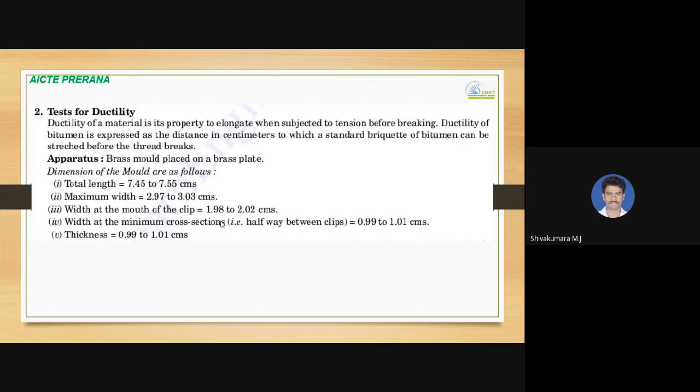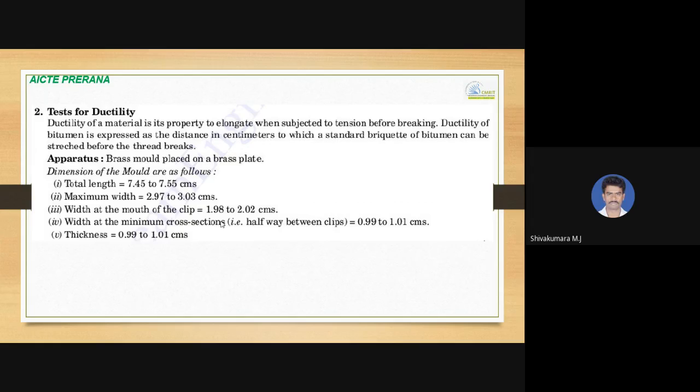Next test, it is ductility. Another desirable property we expect from bitumen is ductility. This is the property which allows it to extend without breaking or forming any crack. Without ductility, if bitumen does not possess a ductility value, then there would be so many